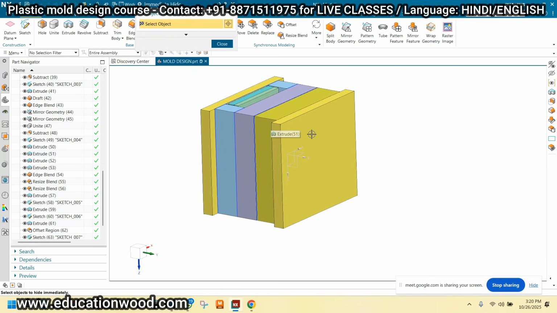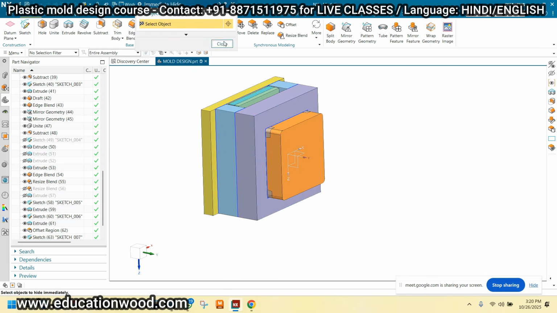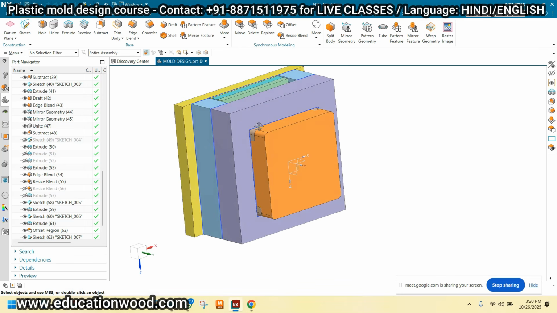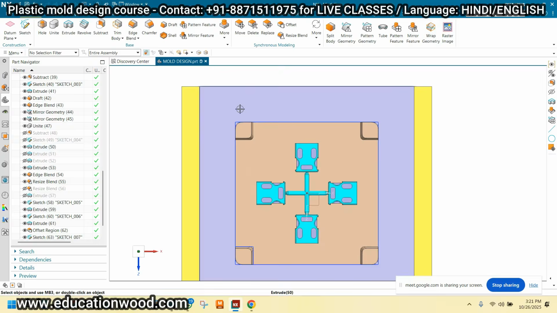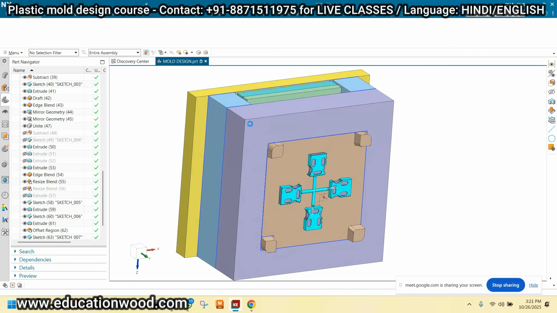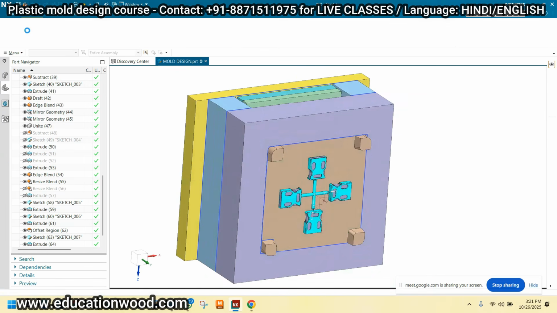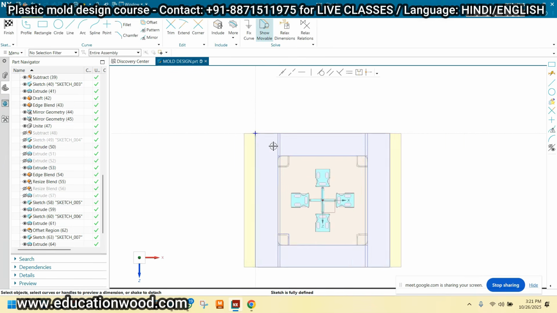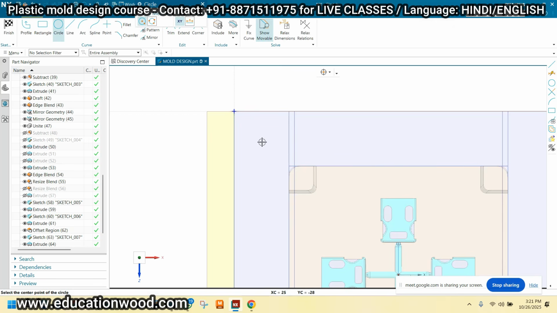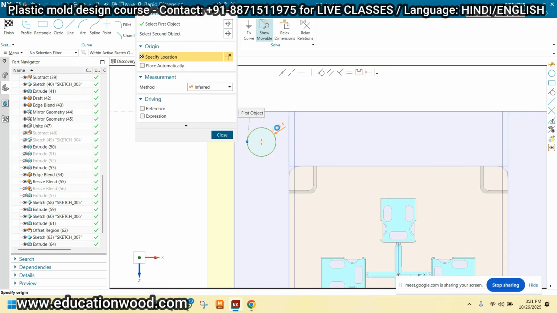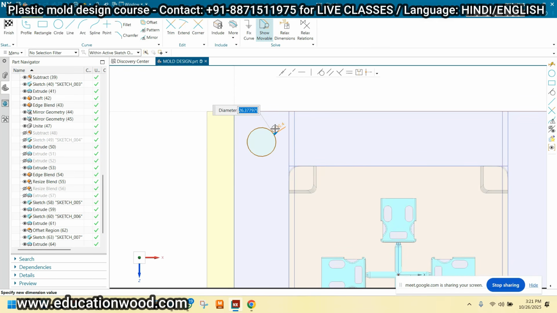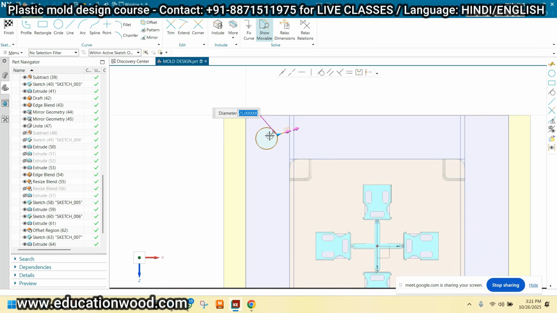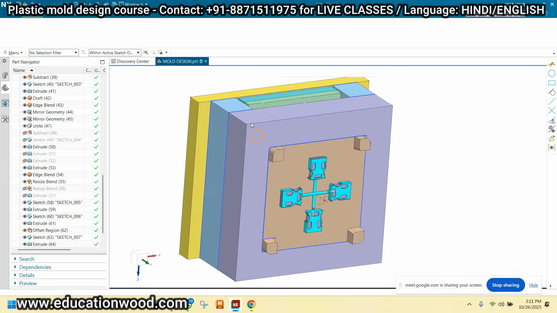So right now I'm just taking a random diameter because I know what is the needed diameter for the 300 by 300 mold. That's why I am taking this, and just click OK. I'm taking the diameter 25 mm and just click OK.